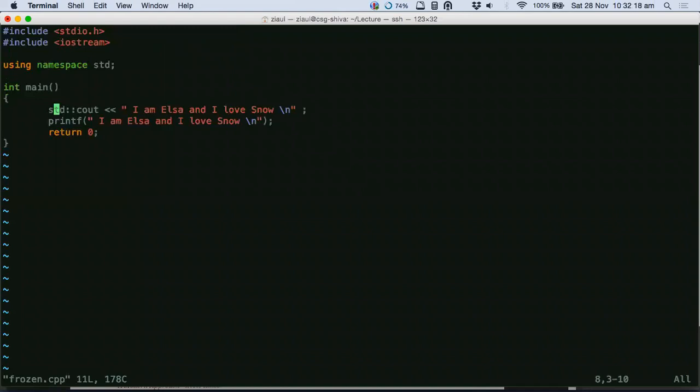So what happened here is I have also included that same header that you were mentioning, but it doesn't contain printf. That header contains something called cout. This block of code, that cout, right? This also does the same thing as printf, but this is located inside this header, the iostream header.